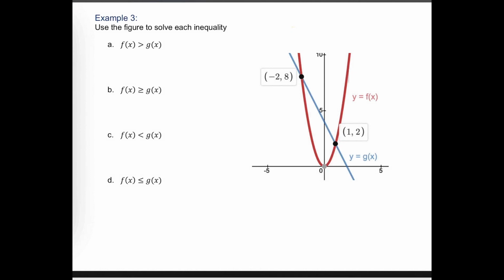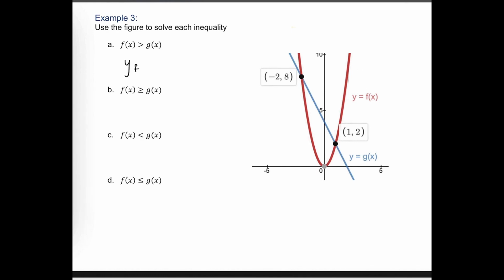In this example, we're given the graphs of two functions, f and g. The f function is the red parabola and the g function is the blue line. We're asked to solve these inequalities over here, but we're not given the equation of f or the equation of g. And so when we see the f of x notation, essentially we're saying y here,